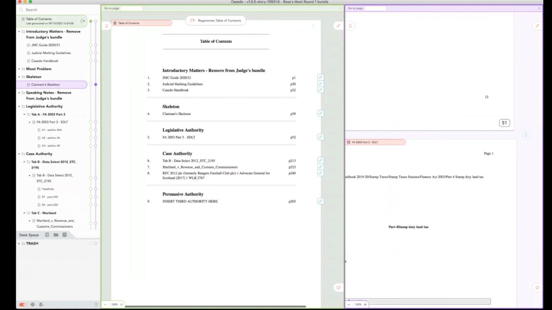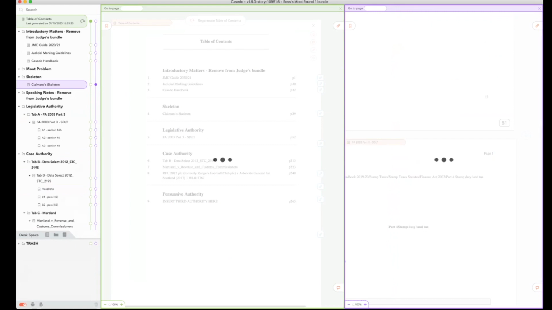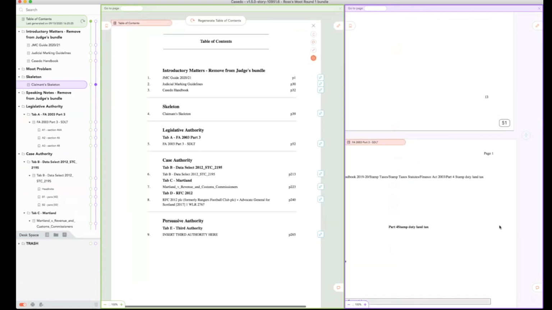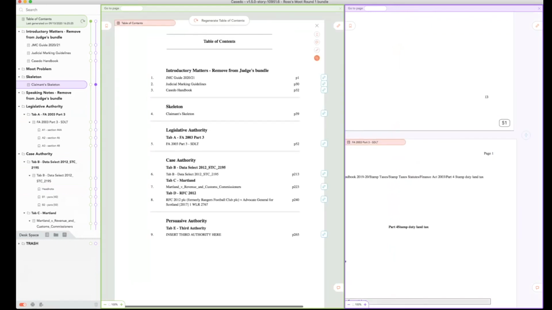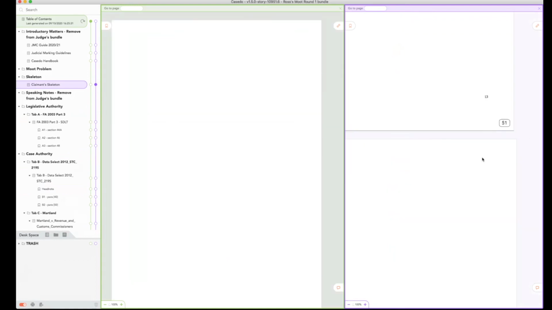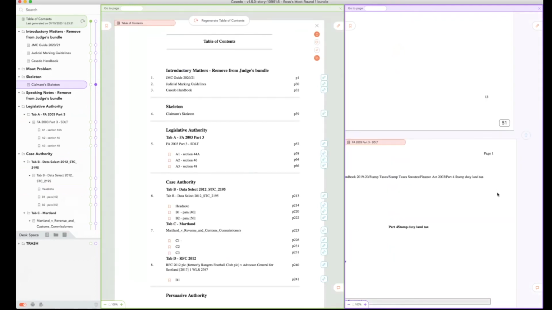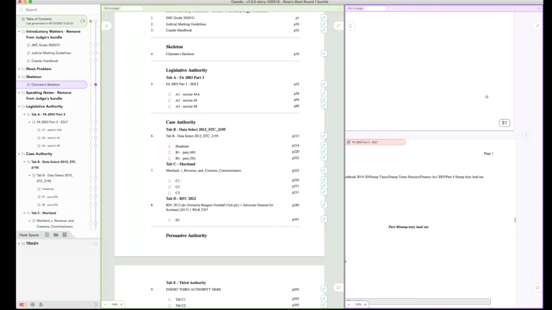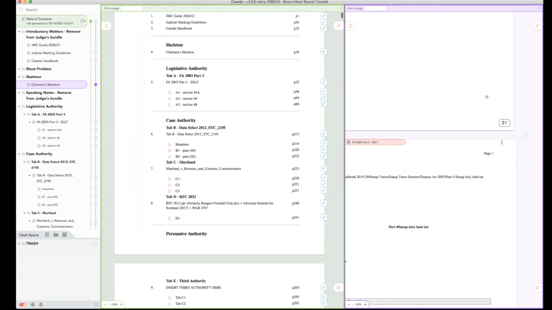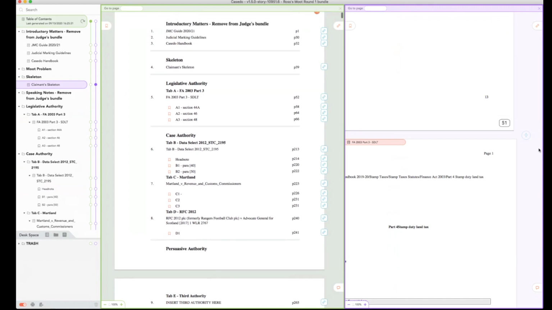You've also got some customization tools in the top right-hand side. So I might want to, for example, include subfolders in my table of contents. That will include subfolders. I might want to include bookmarks. If I've added bookmarks, I might want to see my tabs, and particularly for the way you're going to be using tab bookmarks for tab references, that might be a good way of doing it.